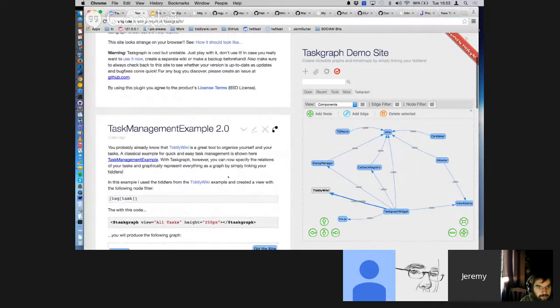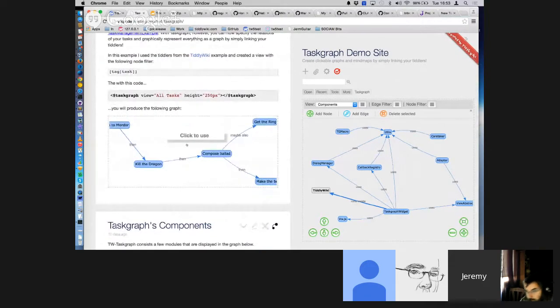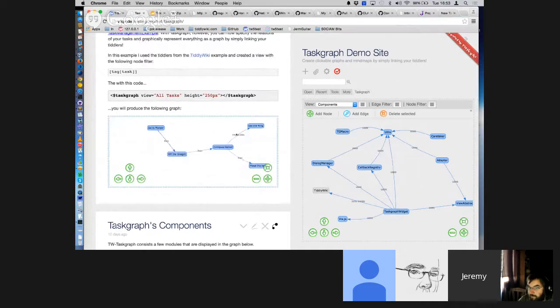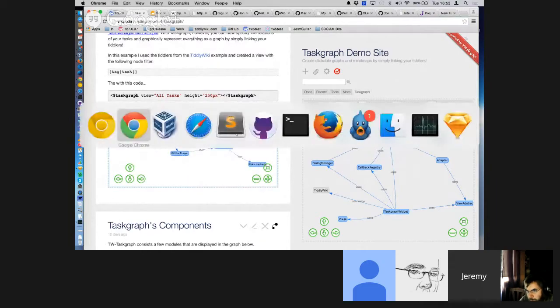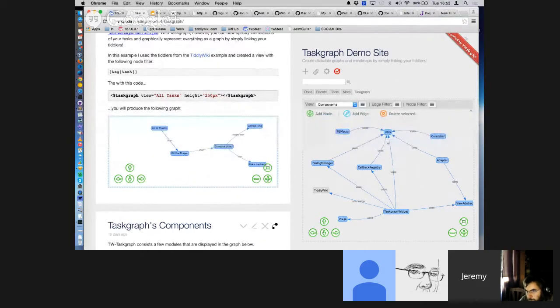Obviously here we've got it in a taskbar, but you can see here we can also use it within a tiddler. I personally find these kinds of graphs interesting, but I've come to think that they're a bit of a mirage. So in my head,